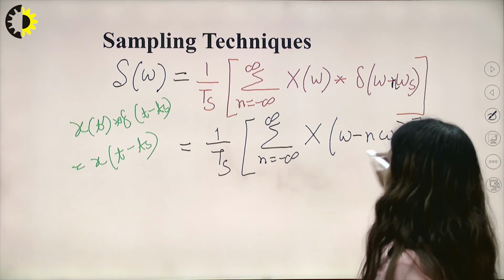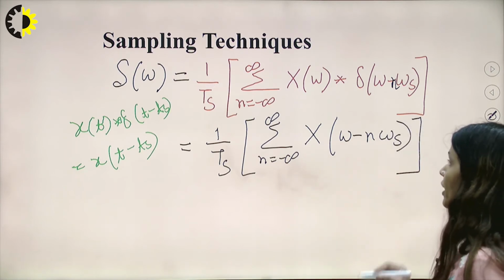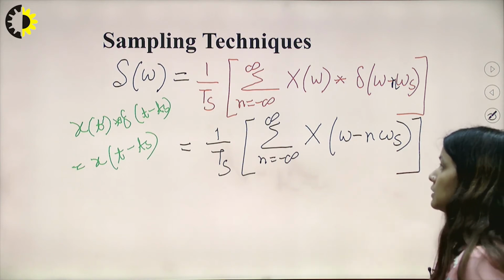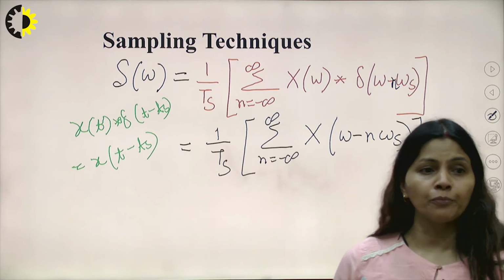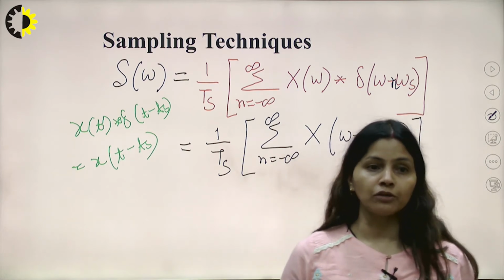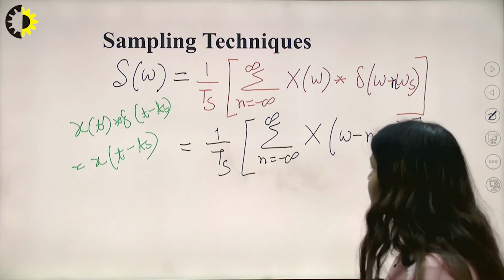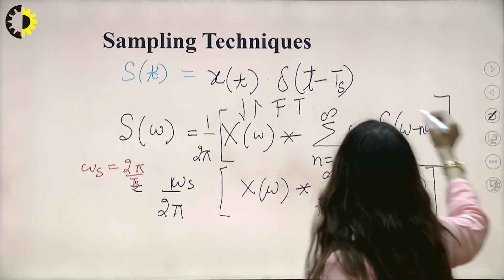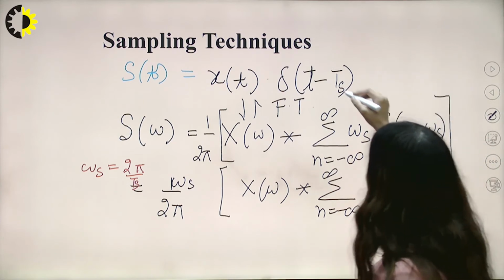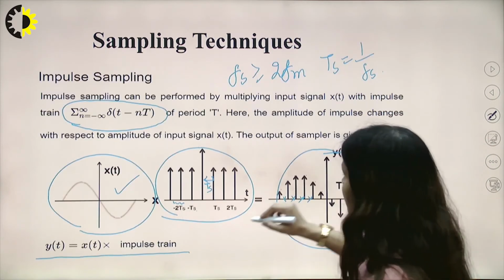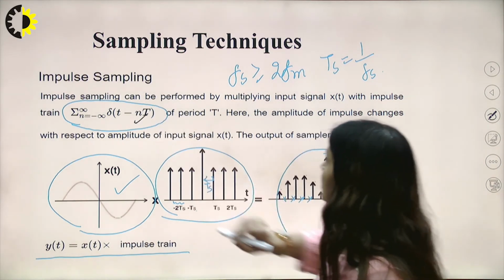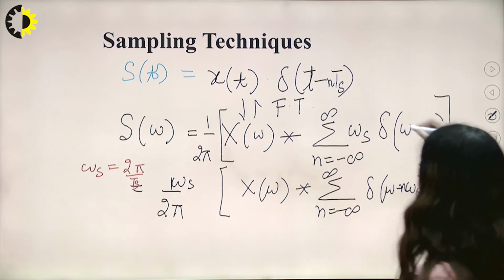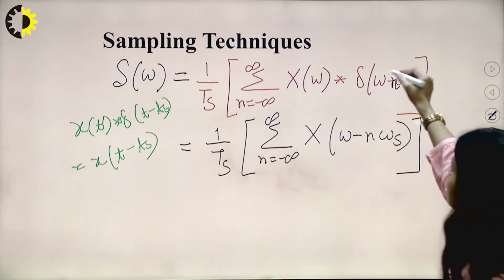So I have this particular expression from here. Now I would like to plot the spectrum of this signal. For plotting the expression for this particular signal, actually from the start it is n here, because it is n of Ts, so I can write this n everywhere. It is reflecting everywhere, see here.